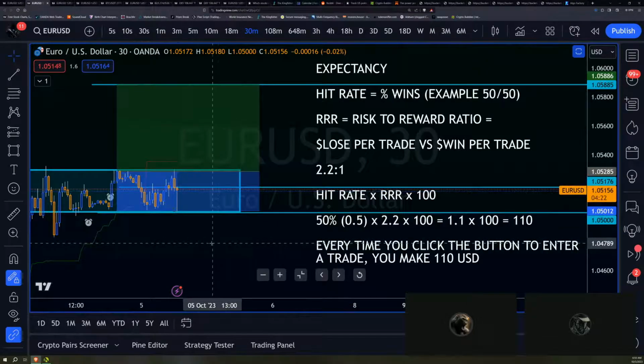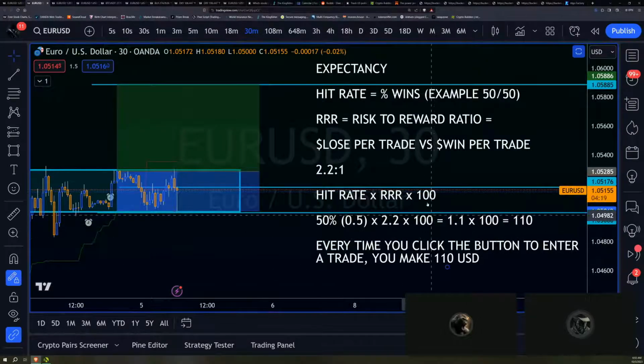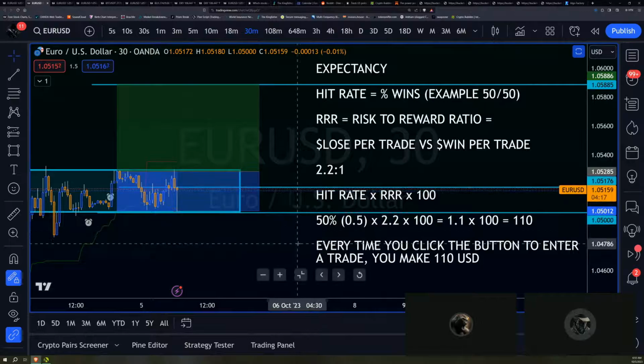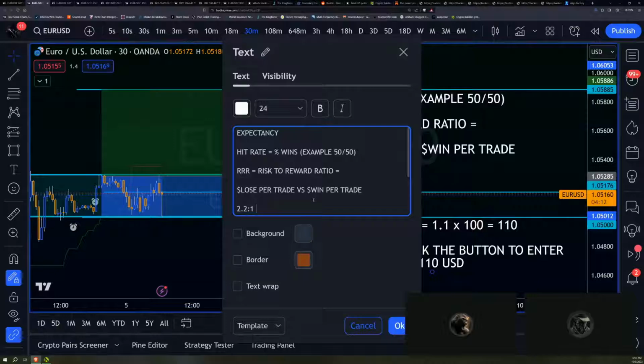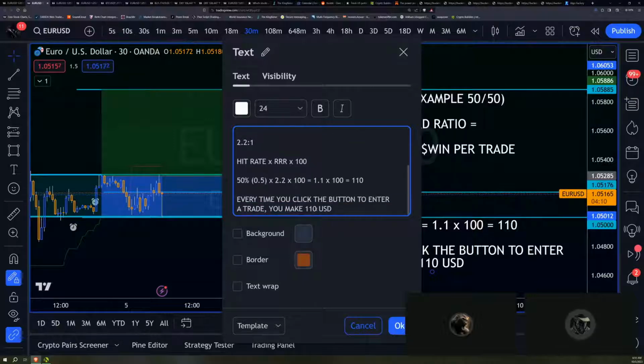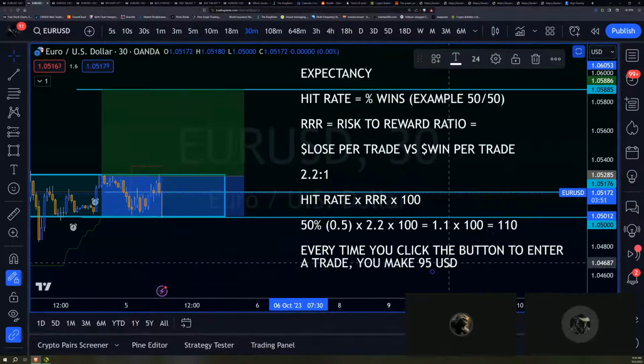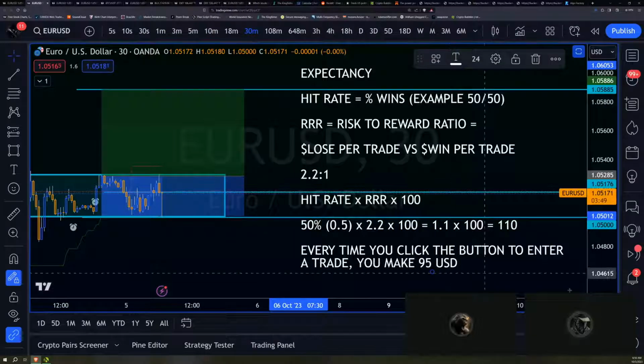Then you will be having an idea of what that's going to look like for you. So at any rate, that's the deal. That's what you're looking at. And that's the process. And then you can deploy because you're going to have an idea. You're going to know maybe that number isn't quite 110. Maybe that number turns out to be 78 or 99, or we'll just say 95. So that means that by the time you're done live testing, which should take several months, you'll be able to say, hey, whether I win or lose, every time I click the button to enter a trade, the average amount of money I make is going to be $95 with this, fake, whatever, made up example.